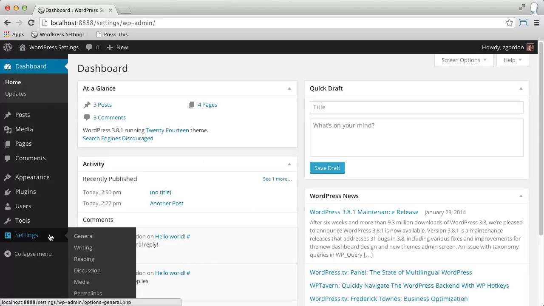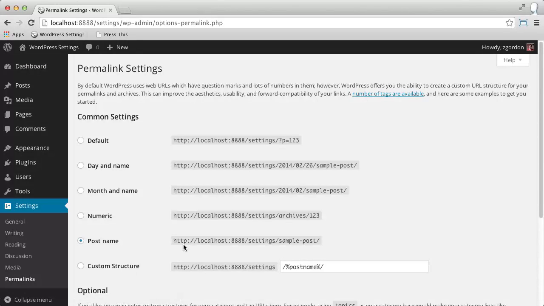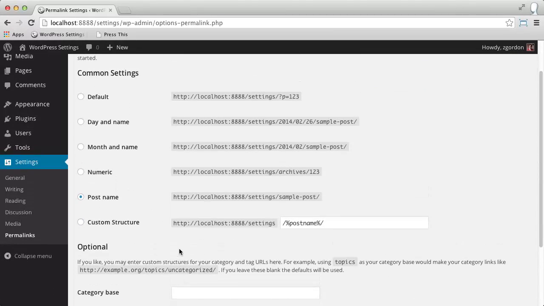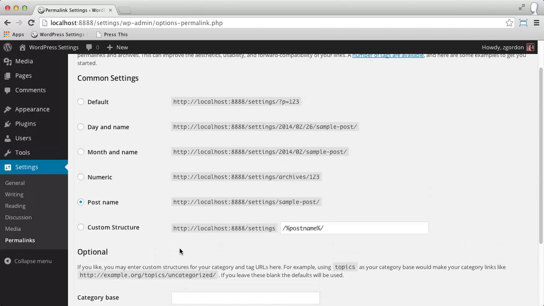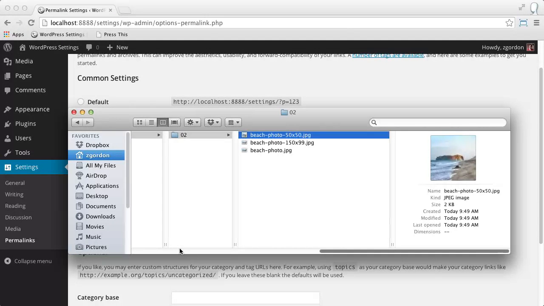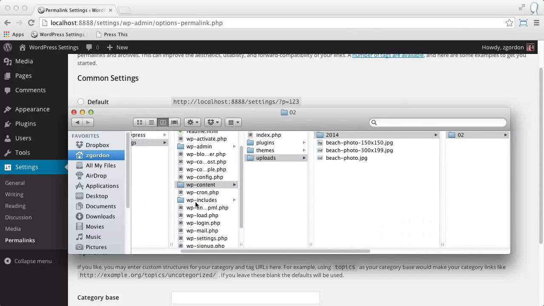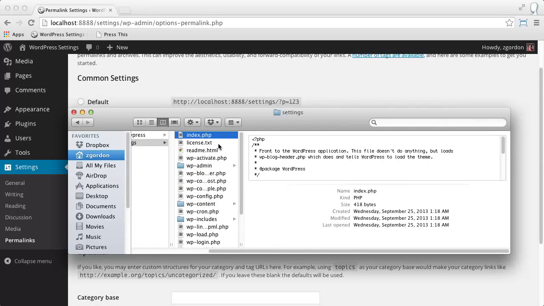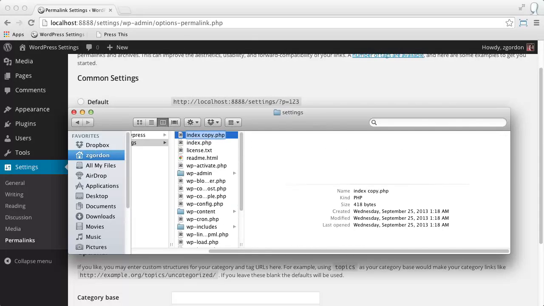In order to work with these settings, you'll need to have access to your .htaccess file. Since we're working locally, that isn't much of an issue. However, if you're working on a live server, inside of the root directory for your site, you'll need to create a file named .htaccess. When I do that on my computer here, the file will disappear since files that begin with a dot